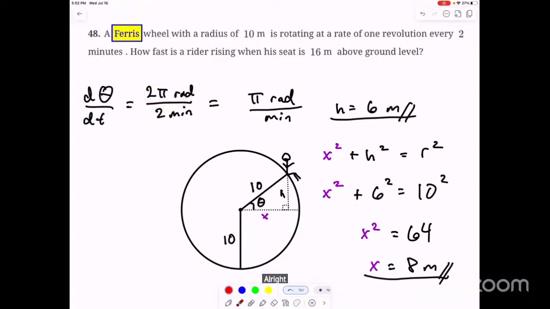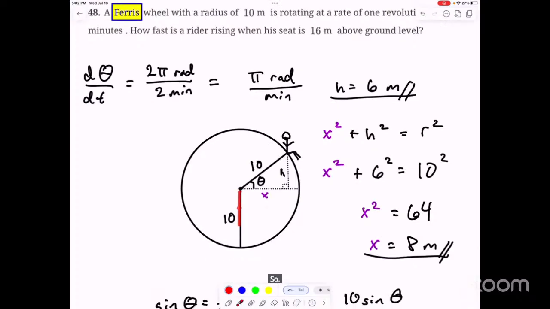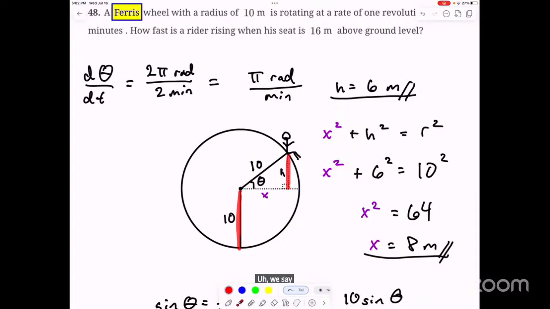All right? That simplifies down to pi radians every minute. Okay? And then we're asked, how fast is the rider rising when his seat is 16 meters above ground? So we've already used the 10 here, so we needed to solve for this h. If we wanted a total height of 16 meters, we say 16 minus 10, that's where h equals 6 came from. Okay. So then once we had h equals 6 meters, we can use Pythagorean theorem to find x,